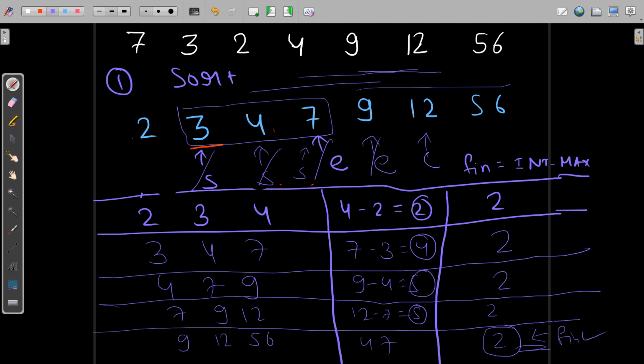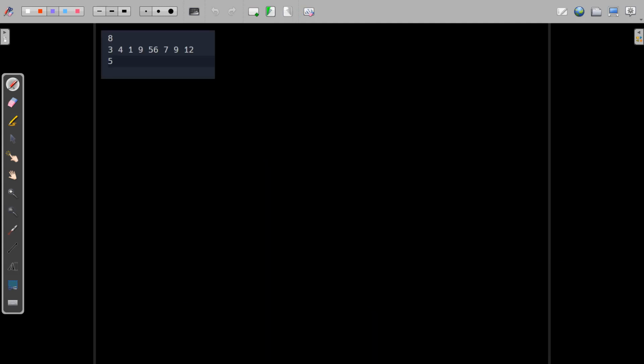Okay, so now I am going to take yet another example, because in this example we initially got our answer. Let me take this example. Yeah, this is a good example. First of all, this is our array and this is our m. We only care about array and m. This value of n is actually useless, however we can use this.